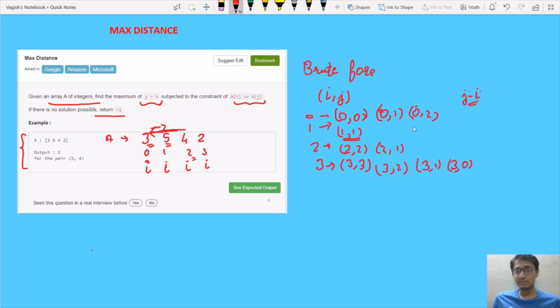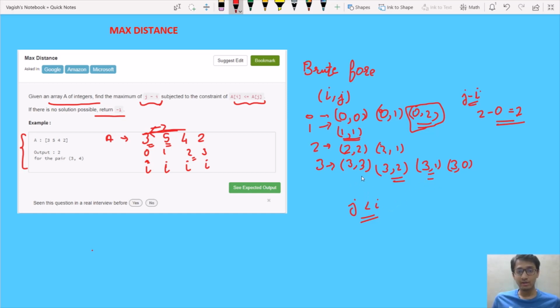You can clearly see that the pair which will yield maximum j minus i would be this pair, 2 minus 0, which is 2. Also you can see that all of these indexes where j is less than i are useless to us because they will yield a negative value.